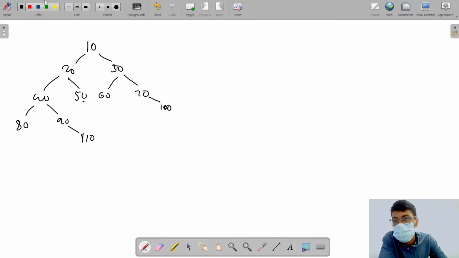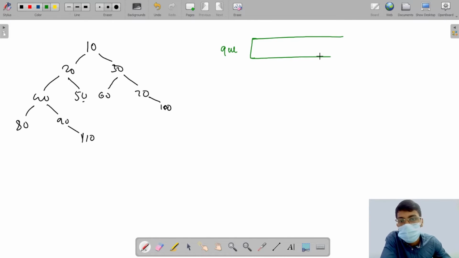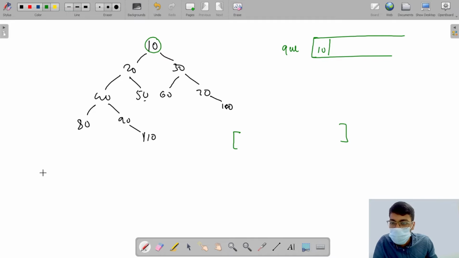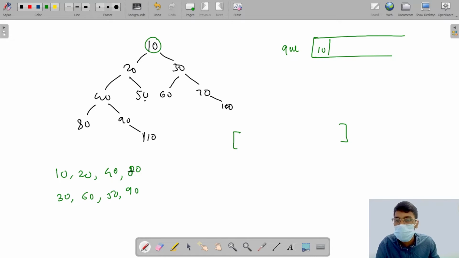Now, to do this, what are we going to use? We are going to use a different data structure, that is a queue. We are going to create a queue, and in that queue, first we are going to add this 10. After adding 10, we are going to make an array list that will represent the diagonals. This means, what are my valid diagonals? My valid diagonals should be 10, 20, 40, 80, right? The next valid diagonal is 30, 60, 50 and 90, right? The next valid diagonal is 70 and 110,